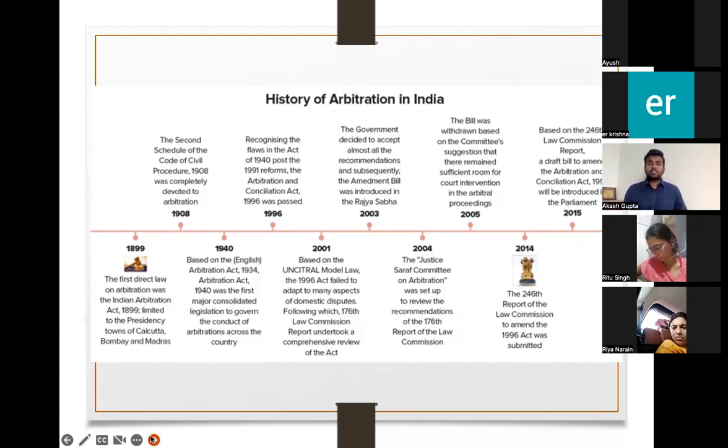But the English Arbitration Act, the 1940 Act, only had domestic arbitration and not foreign arbitration. What do we mean by domestic arbitration and foreign arbitration? Let's say the seat is Sonipat. This means that the national arbitration law will be applicable. The national arbitration law in India is the Arbitration and Conciliation Act. If I say that the seat is Singapore, which law is going to be applicable? It's the Singaporean Arbitration Act, right?